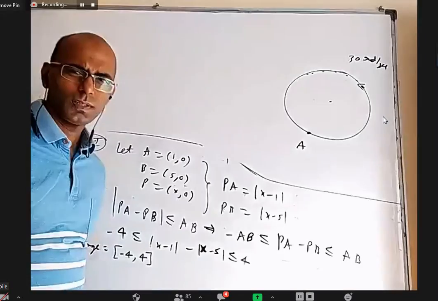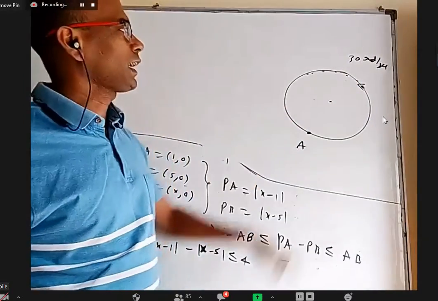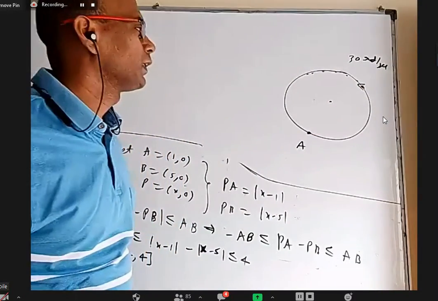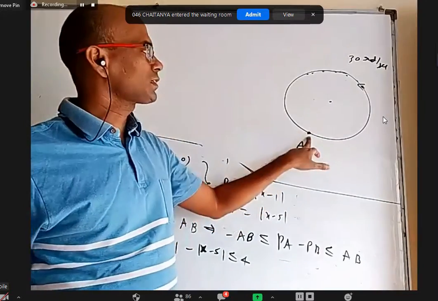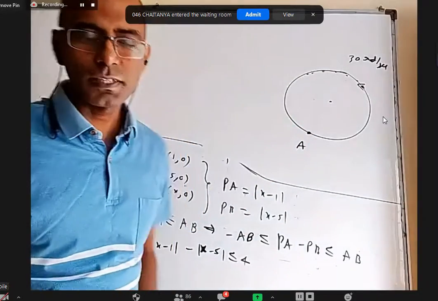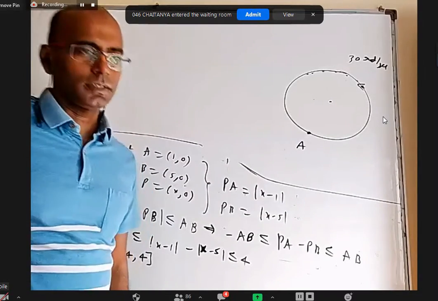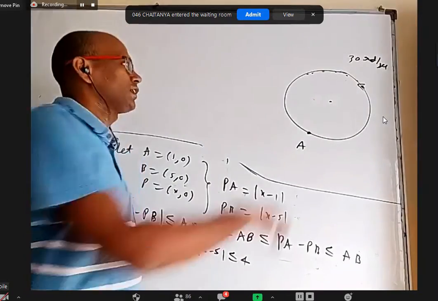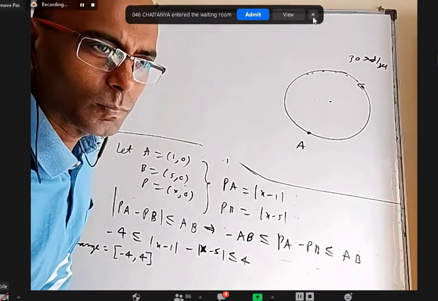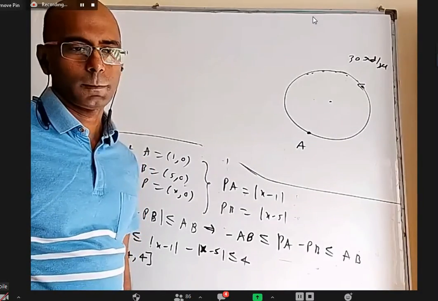No, still again, sir. This particle here is traveling on this circle with a uniform angular velocity of 30 radians per second with respect to the center. Now there is an observer here. He is also observing this particle's motion. With respect to A, will this particle's motion be of uniform angular velocity or not? If it is no, fine. If it is yes, what is the angular velocity of this particle with respect to A? A is stationary, sir. A is a fixed point on the circle. A is not moving.